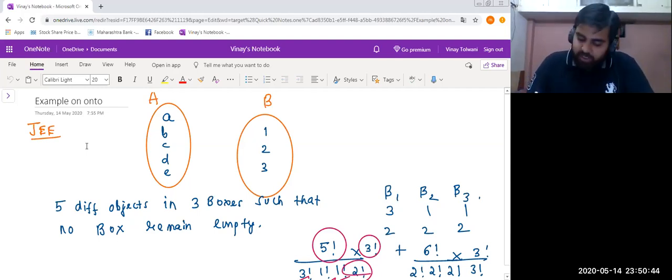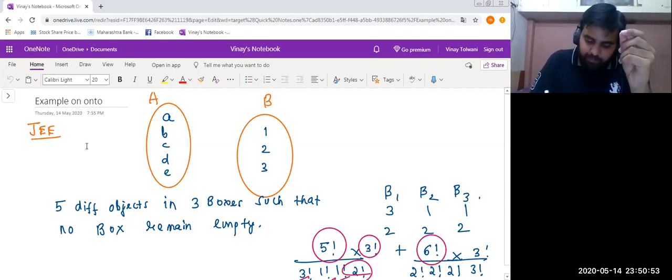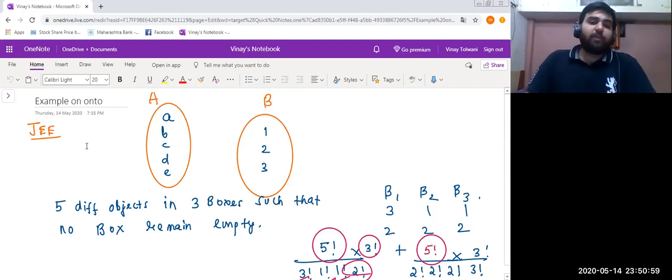This 6 factorial, by mistake I have written this 6 factorial. Actually, this will be 5 factorial. So this 5 factorial is the total number of objects over here. And this 2 factorial is the group size of group 1.